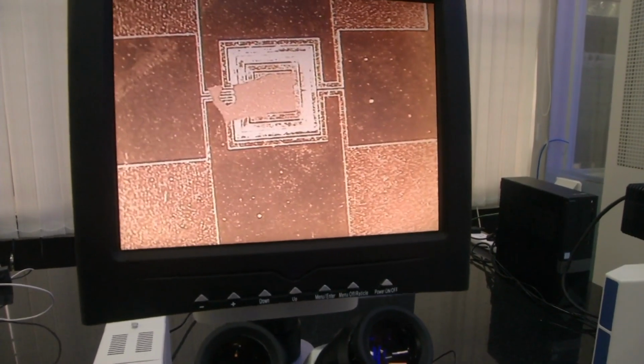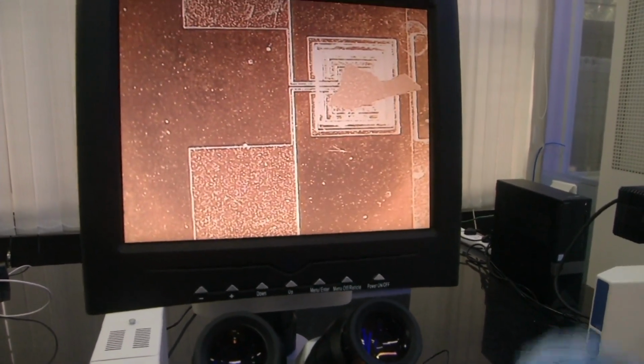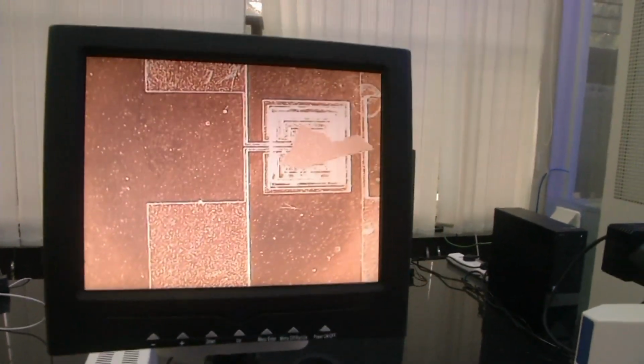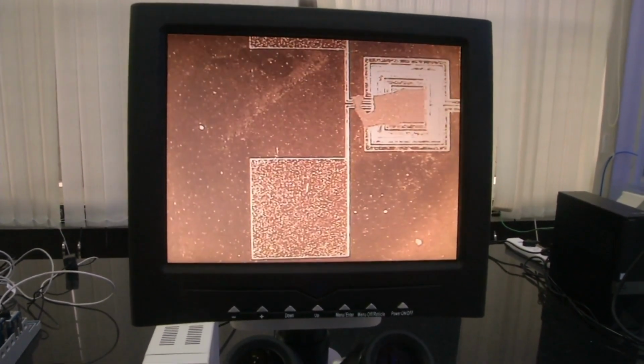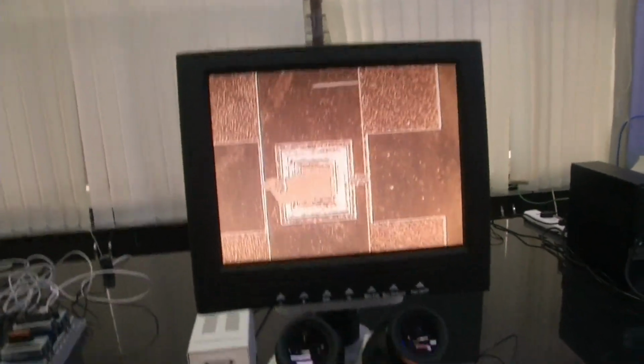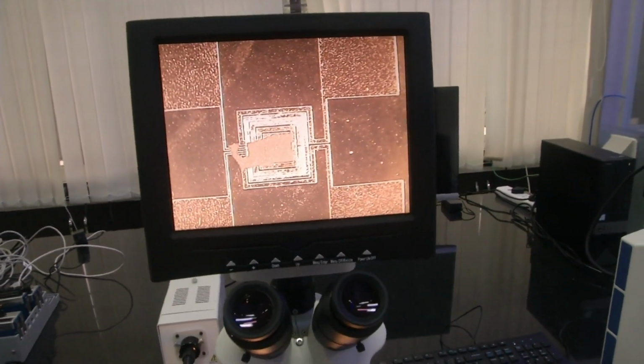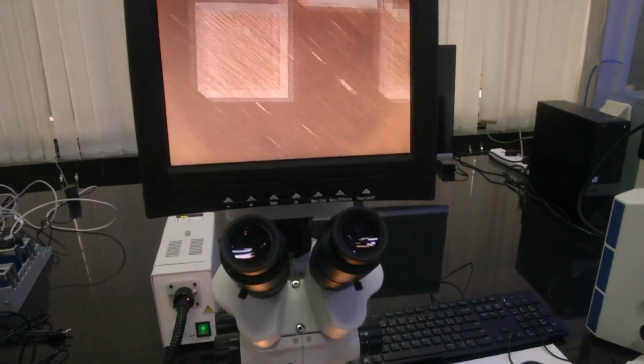So, let us see another one. As you can see, in the middle there is some disturbance. That is because it is coated with a sensing material. These sensors are mainly for gas sensing applications. For gas sensing, at the main core area of the sensor you will put some sensing material that will react to the gas in question and change its properties. This change in property of the sensing material is then used to detect that particular gas.